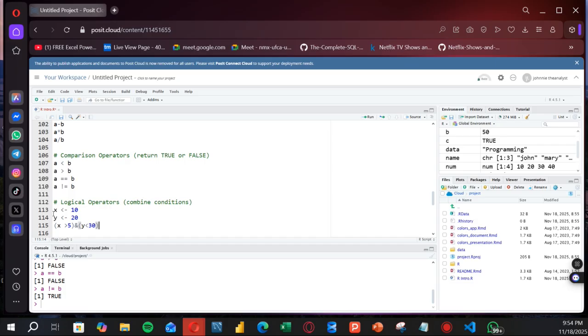What do you think it will return? Yes, it will return TRUE. x is 10, which is greater than 5, and y is 20, which is less than 30. Next, x greater than 15 or